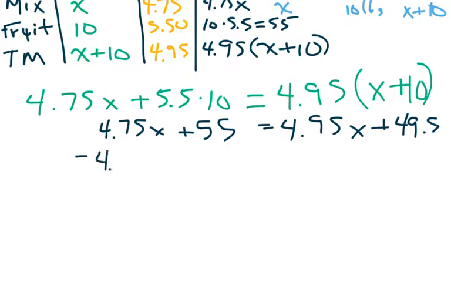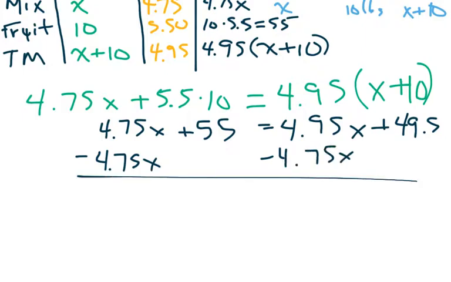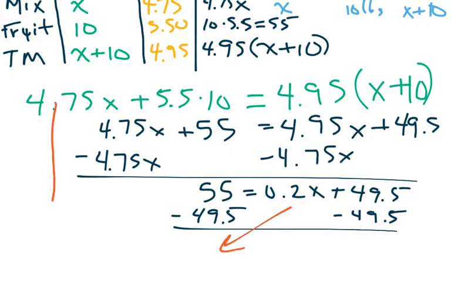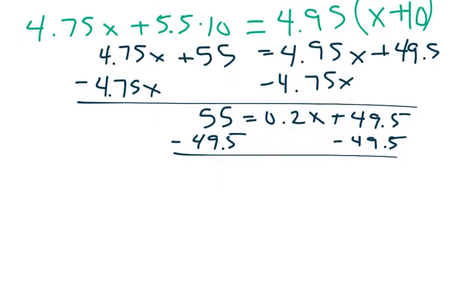Okay, I'm going to subtract 4.75x because I like to avoid negatives. 55 equals 0.2x plus 49.5. Now, even though there's decimals, it might make the problem seem a little different. No big deal. We're going to subtract from both sides. I'd rather see the variable on the left side, so I'm going to make this switch as I do. So I'm going to write 0.2x on the left equals 5.5. I'm going to divide that by 0.2, divide it by 0.2,